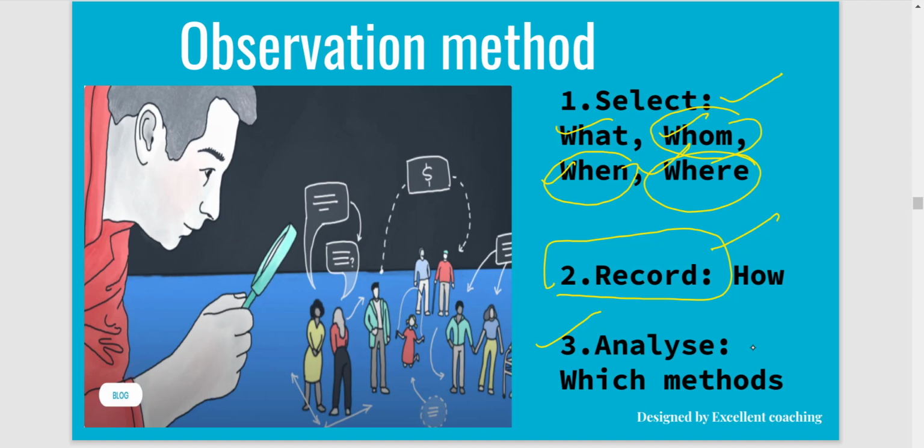So observation generally is a very simple method. If we say observing somebody is very simple, it's just like watching. But in a scientific observation, you have to be very careful about observing that particular behavior that you want to research on. So it needs too much attention on the part of the researcher. So that is what observation is, and we'll study the types of observation in the next video.